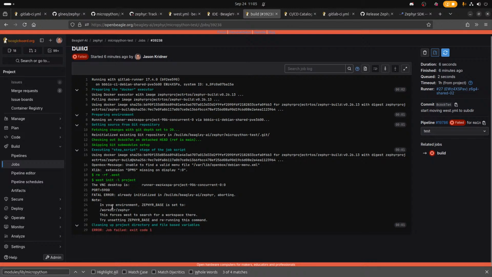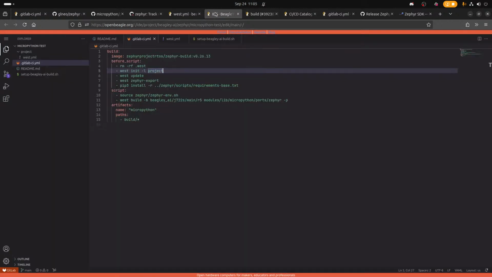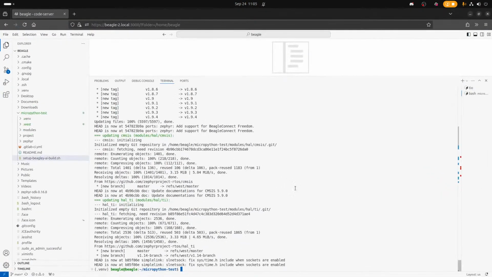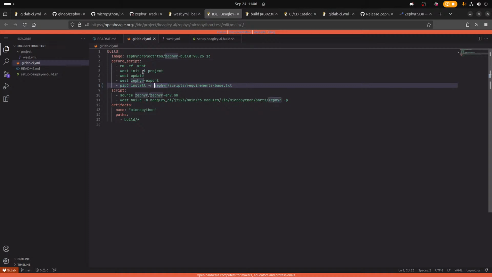Zephyr base is set to the work directory Zephyr. Yeah, that's not right either. Okay, pip install. So it should just be Zephyr instead of .Zephyr. West update, west zephyr-export. And I'm pretty sure that it still has the .west file one level back, since we are using git fetch, I think, which does not clear the .west file on the CI.